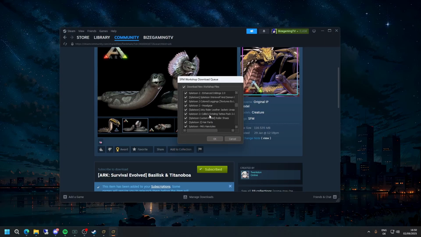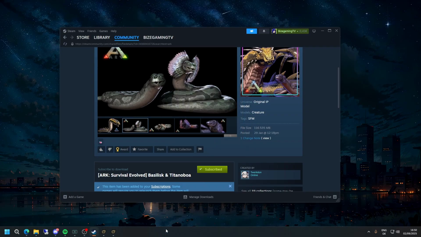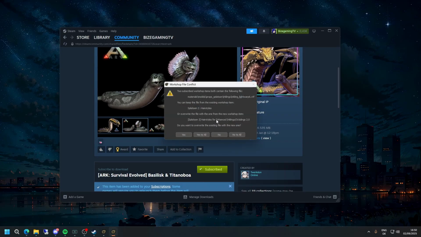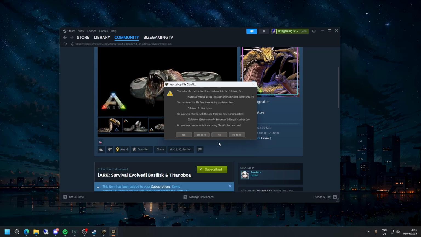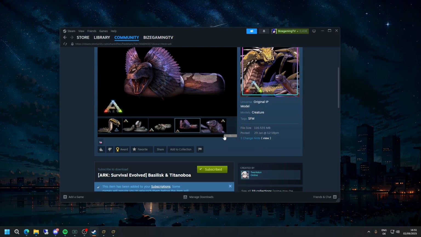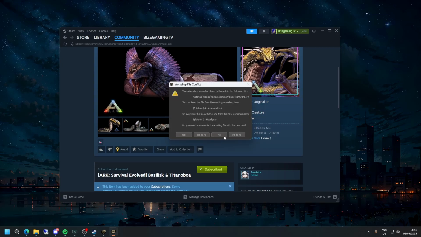So now you can see it has updated. We have a bunch of stuff. You want to click on OK. And if it asks if you want to replace stuff, like the Splatoon 3 hairstyles, all this good stuff, from the existing workshop item, click on no to all, because that way it separates the two kinds. And if you click on yes to all, what's going to happen is